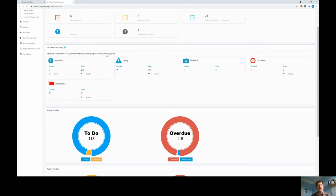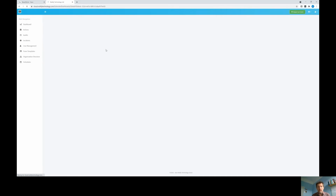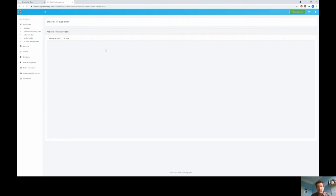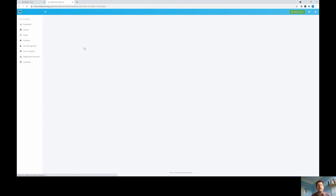Beyond that, we also have more complex dashboards that we have for clients. So, for example, we have accident frequency rate dashboards that allow you, if you need to report accident frequency rates, to input your hours worked, your employee numbers, and get your AFR stats. And similarly, if you want to see trends over time for different types of incidents and accidents, we can deal with that too on near misses. So some AFR data here. And then if I click into my incident management